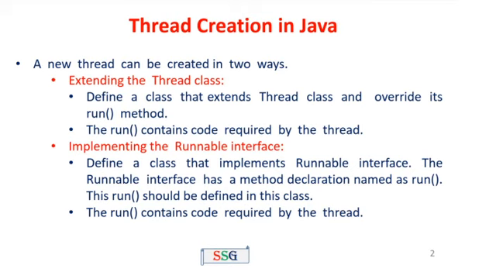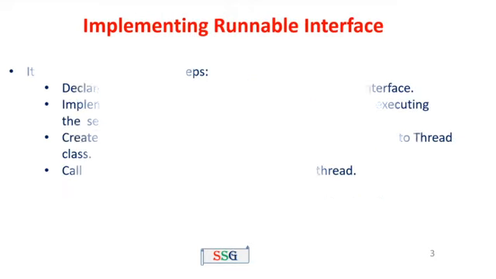All of you know that an interface contains constant variables and method declarations. In the Runnable interface, one method is there. That method is the run method. So if you want to use the Runnable interface, first of all we have to define a class which implements the Runnable interface. The implementation code for the run method should be defined inside the implementing class.